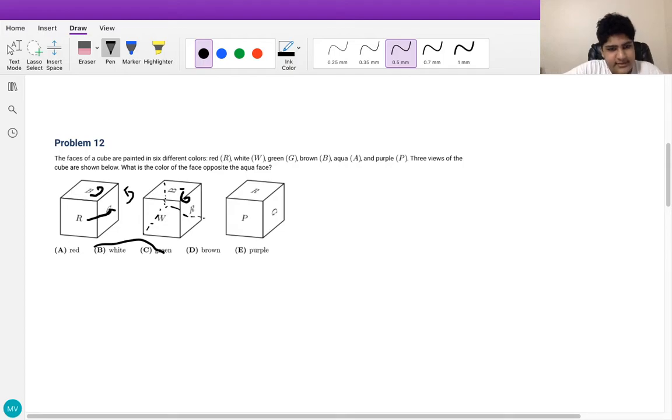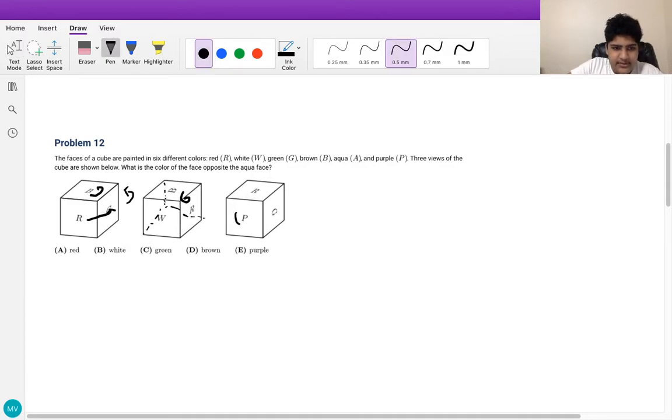Well, there doesn't seem to be an obvious connection. So instead, let's look at the first to the third image. Well, from the first image to the third image, it looks like we can just rotate this up. Well, I need to just do it on here. We can rotate this downwards, because that will also rotate this way. And then we get our original cube. So if we just uncover what is on that face, we see that purple